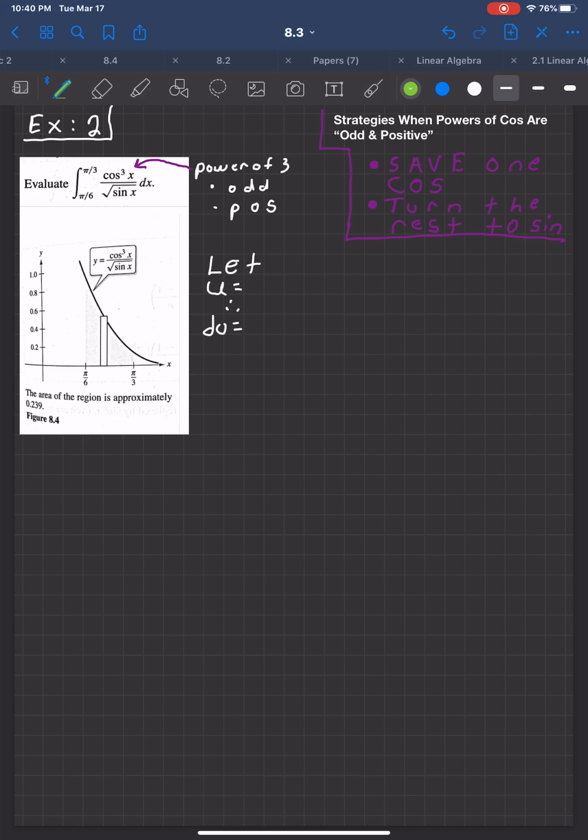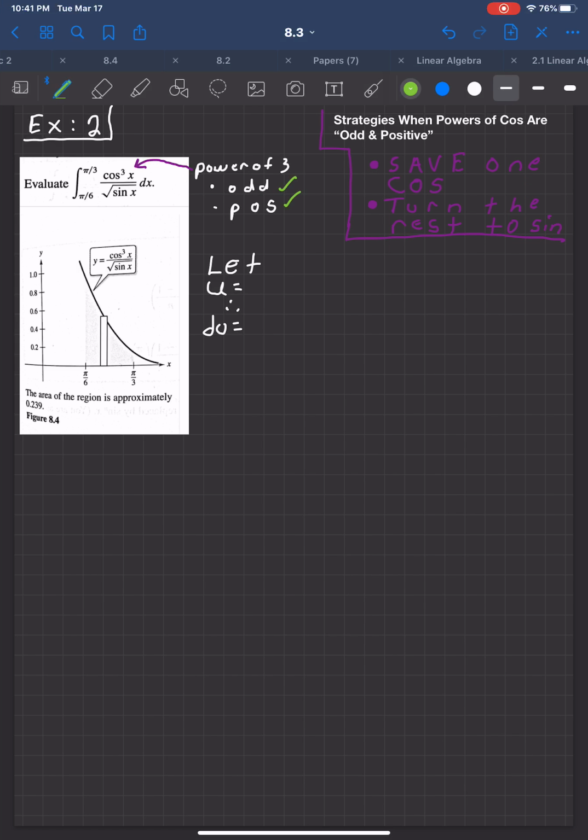All right, so example 2. Now, in this particular case, let's look at our cosine, right? In the previous one, we looked at our sine, and now what we're noticing is the powers of cosine are odd and positive. And the strategies, which are on that previous page, and this is in your textbook as well, I believe, say, look, if you have powers of cosine that are odd and positive,